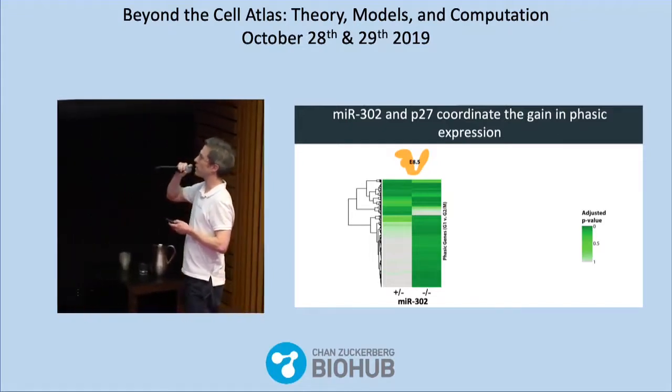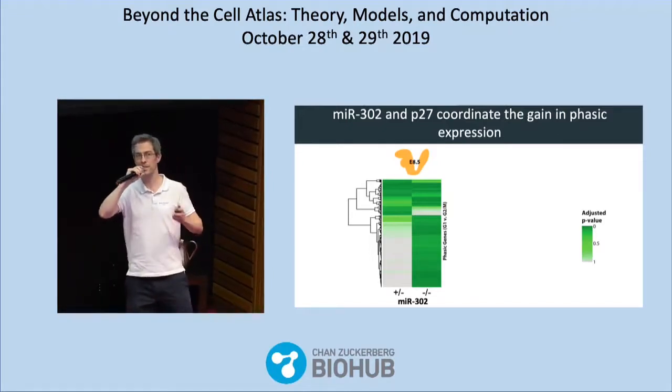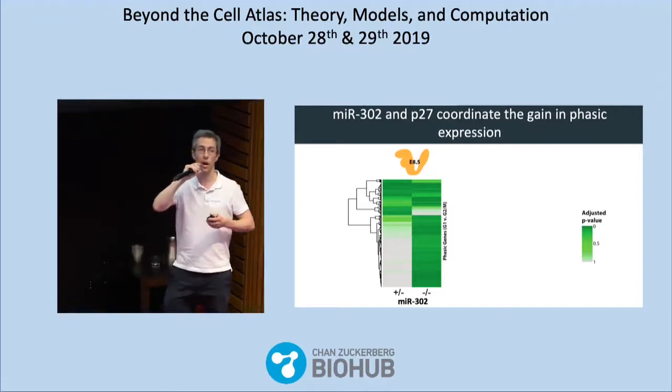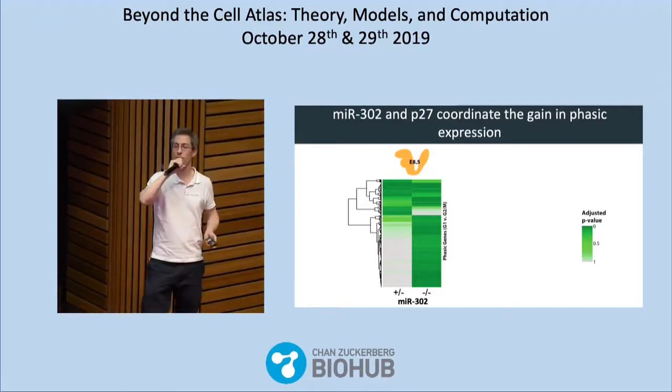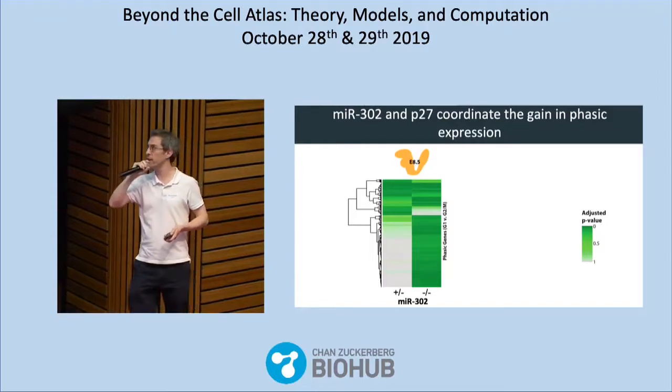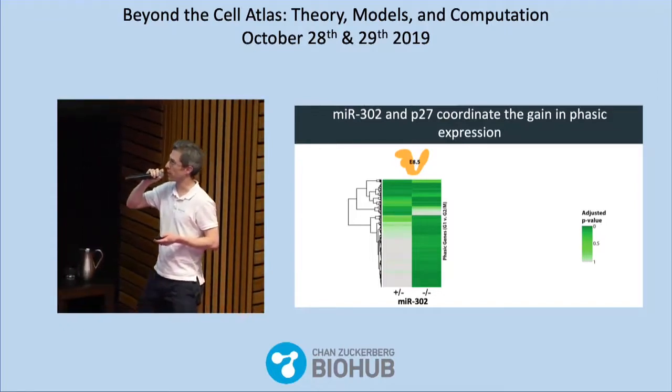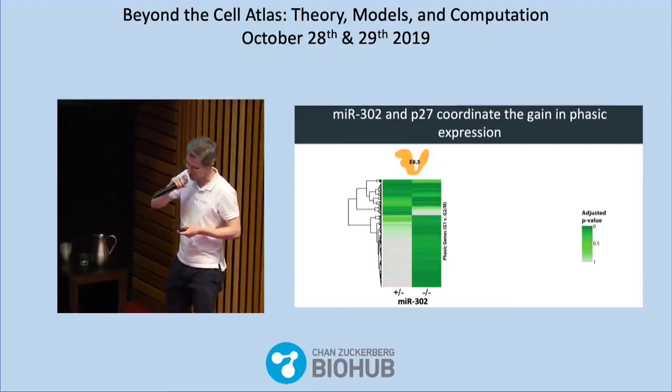And so it's not the targets that become phasically expressed. Our model is that it's the G1S checkpoint being established. So we thought, okay, what members of the G1S checkpoint are upregulated at this stage? And we were specifically interested in ones that were actually 302 targets. So we found one that was a great candidate, P27.